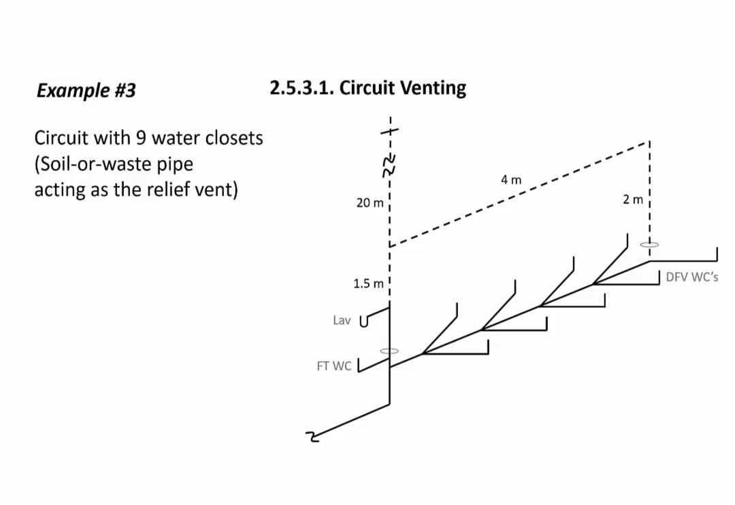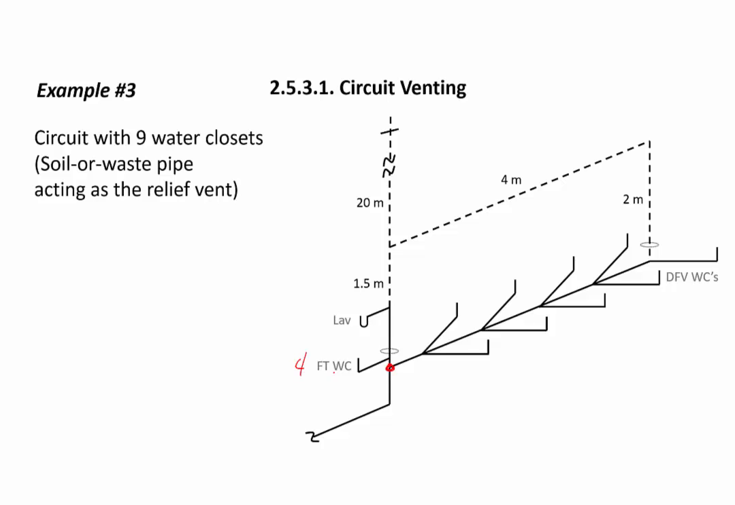Okay, example number 3, we're going to look at a circuit of 9 direct flush valve water closets on a branch. And we have a flush tank water closet on a downstream branch being wet vented through a lave. So where those two fixtures on this vertical branch drain past the branch connection for the circuit vented direct flush valve water closets,